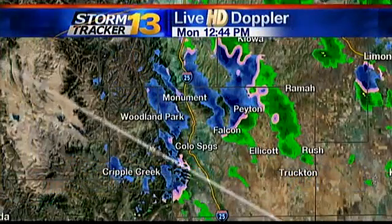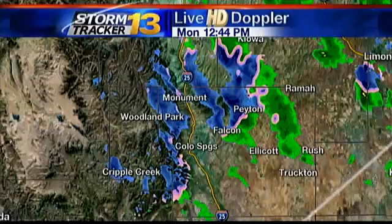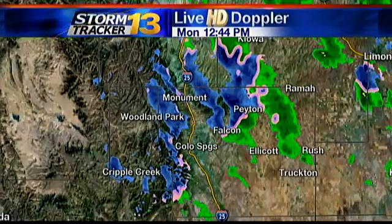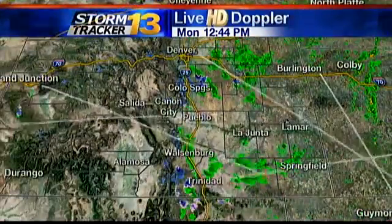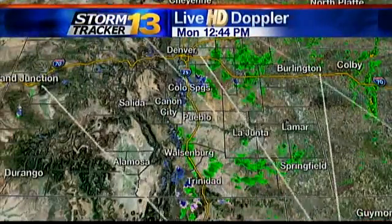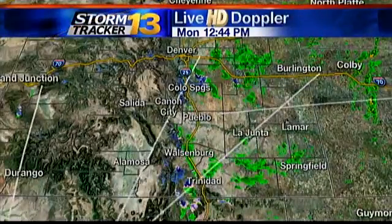Well, the rain and snow showers were starting to get pretty intense again around the Pikes Peak region. They're beginning to fall apart. Notice the spotty nature of the returns that we're seeing here on StormTracker 13 Live HD Doppler. Now, we're not the only ones seeing the showers at this point. In fact, they're quite common anywhere along and west of the interstate, and even in some cases a few showers across the plains, as we're seeing out there, say, to the west of Springfield, for example, as well as along